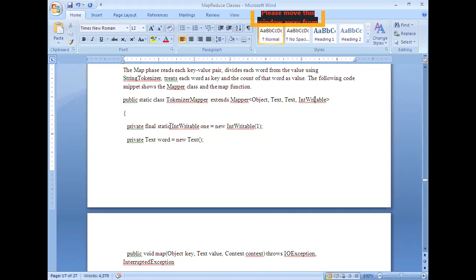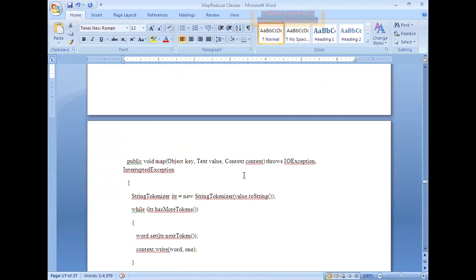Now here I created one object, an integer object, and the word is a text object. Now let us see how this mapper logic will extract word by word from the input block allocated to it, and how it counts the words. Here the map method also requires 4 parameters.